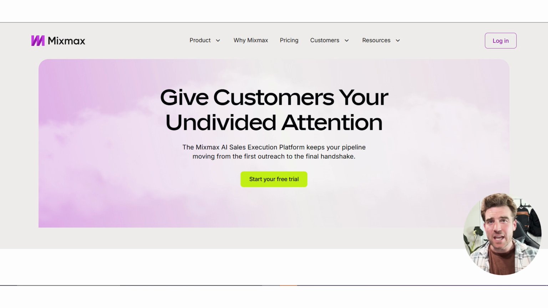Mixmax. We'll begin by creating a brand new account. Then I'll give you a quick tour of the dashboard so you can get comfortable with the main features right away. From there, we'll dive into practical examples like creating sequences, adding tasks, setting rules, and finally integrating Mixmax with other platforms. By the end, you'll have a clear understanding of how Mixmax works and how to use it in